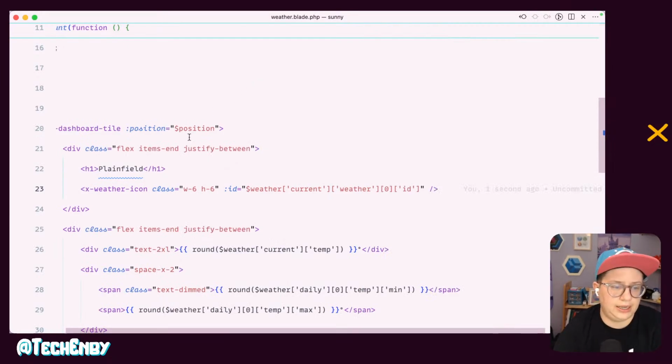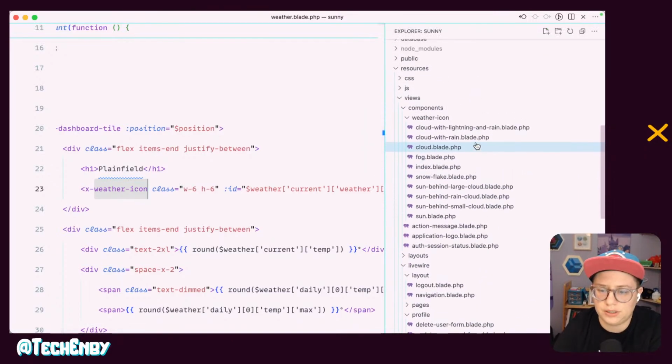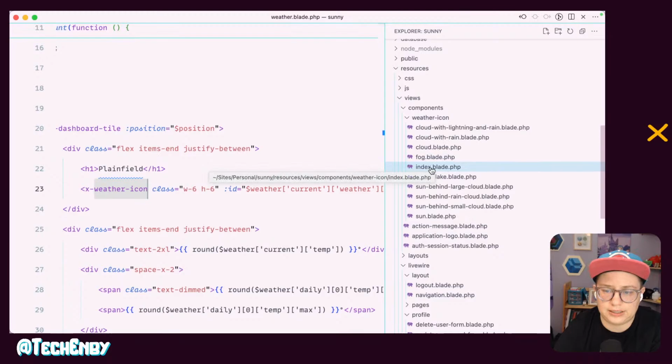There is a weather icon component, and I am passing in the ID that we get back from OpenWeather, passing it through to the weather icon. And then if we open up our file system, we can see that there's a weather icon folder, but there's no actual weather icon component. But this index.blade component works as a weather icon component, which is super fun and useful sometimes